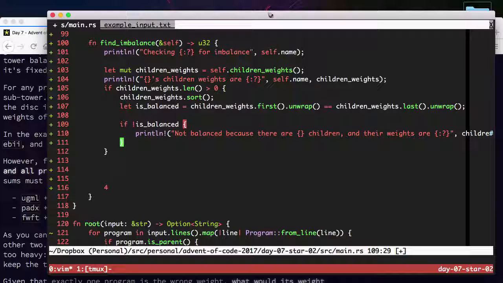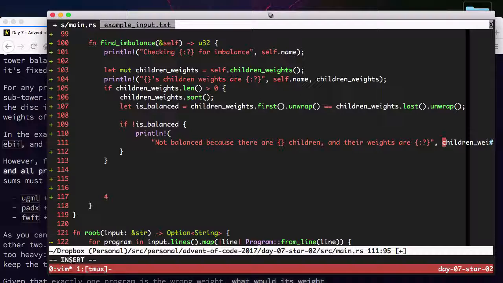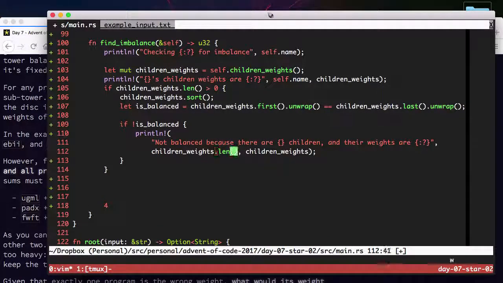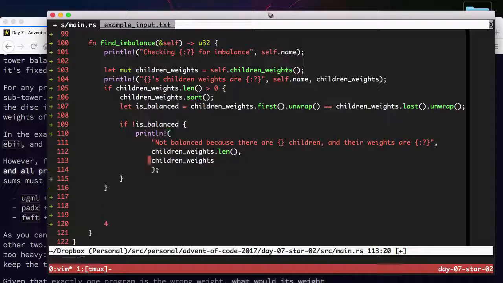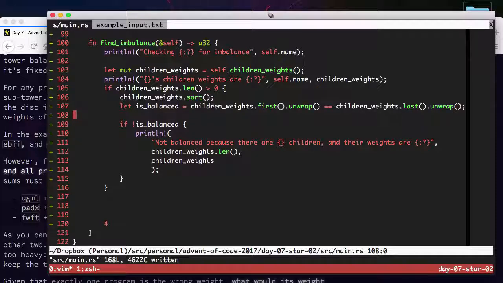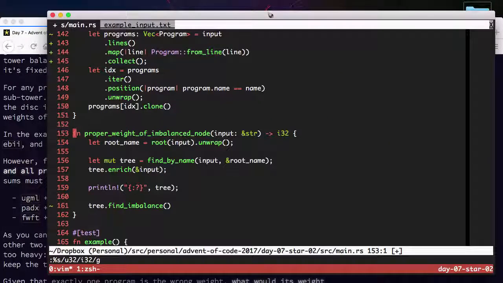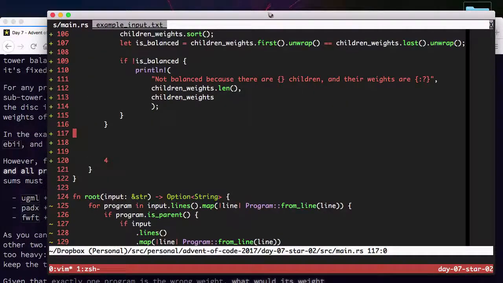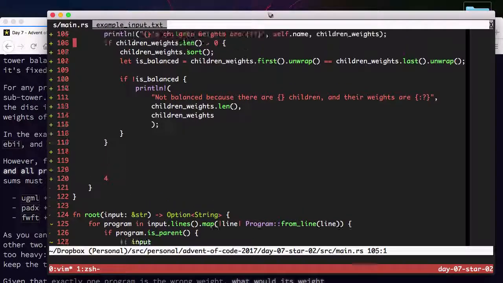Okay. Which one's different, right? How do we determine which one's different? I'm gonna just use I32s. Okay, so if it's not balanced, then we should